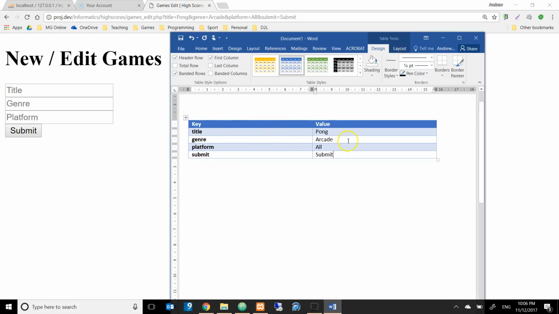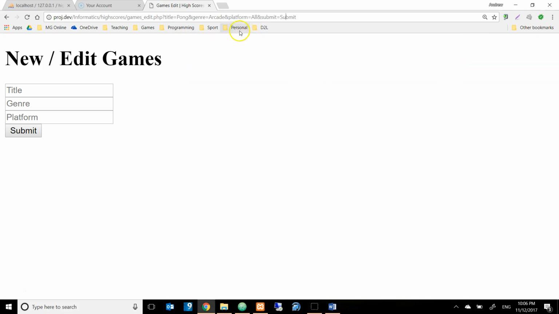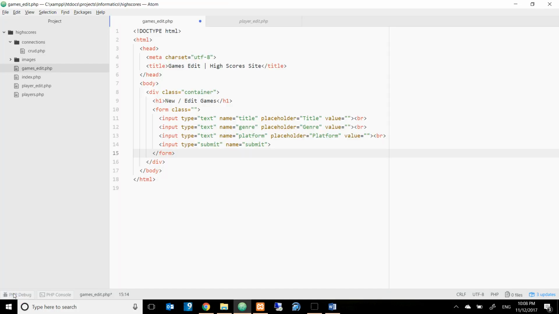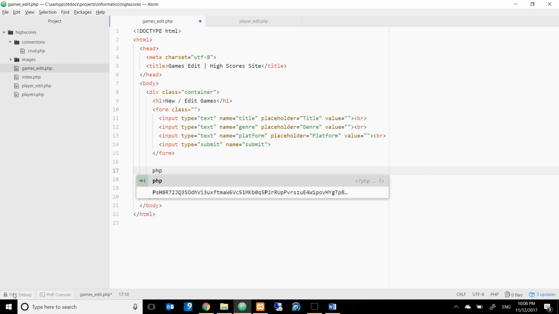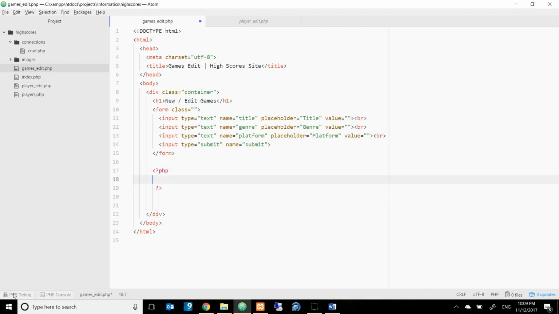So we've got this data in our associative array, just like this, key value pairs, and we want to do something with it. So what we're going to do is check to see if the form has been submitted, and if it has, we're just going to dump whatever we got back onto the screen. So we need a PHP tag set here, and we're going to go if is set in the get array submit,